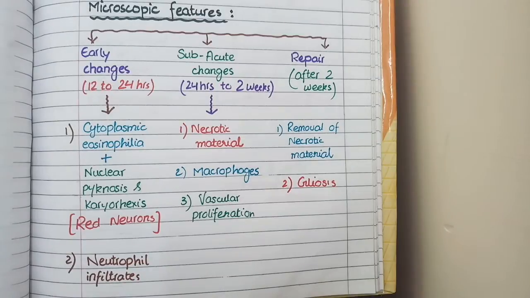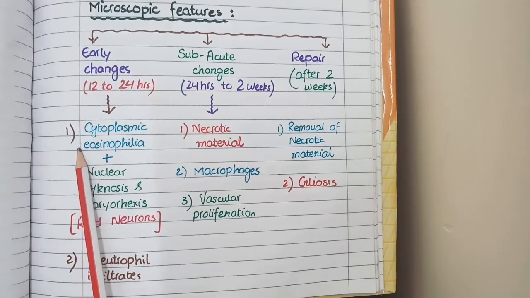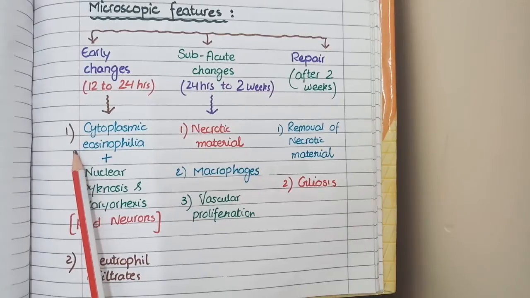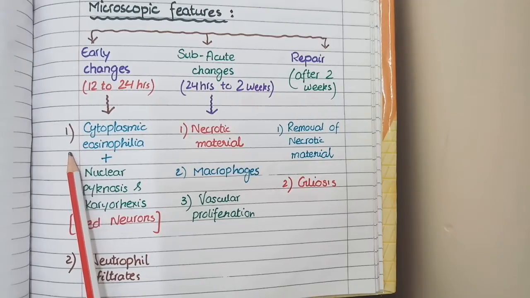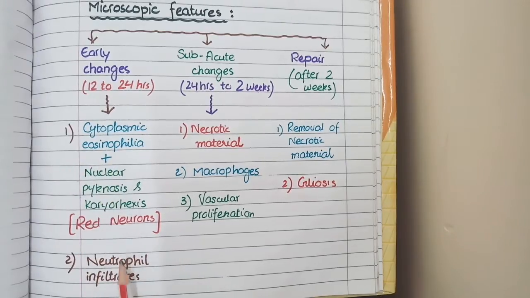But why does this hypereosinophilia or increase in eosinophilic staining actually happen? You know that when there is cell injury, there is degeneration, pyknosis and karyorrhexis of nucleus, which means that nucleus becomes degenerated. Secondly, the loss of ribosomes and rough endoplasmic reticulum present in the cytoplasm also becomes apparent. So this loss of basophilic structures that are ribosomes, rough endoplasmic reticulum and nucleus makes the cell hypereosinophilic, and we call such neurons as red neurons.